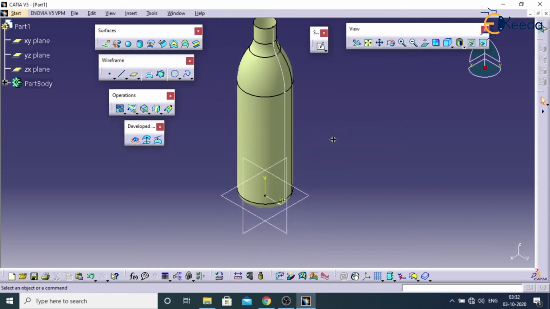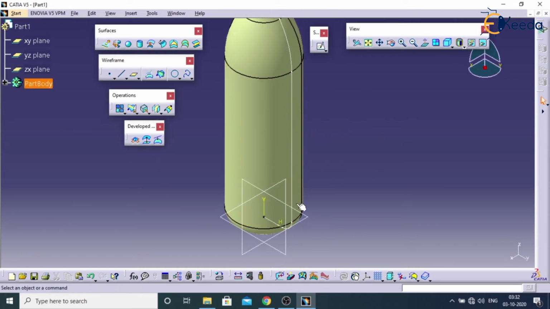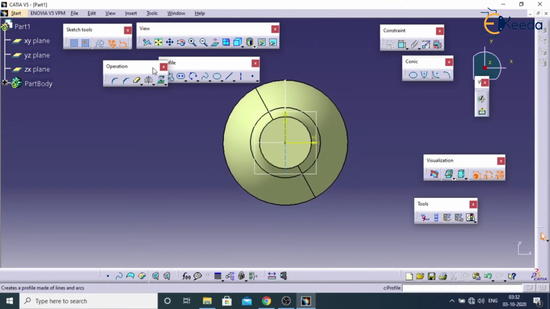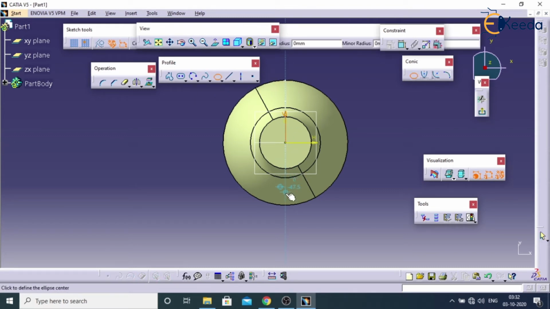Now here suppose I need some kind of design or groove. So I will select this bottom plane. Go for sketch. We will take here this ellipse.